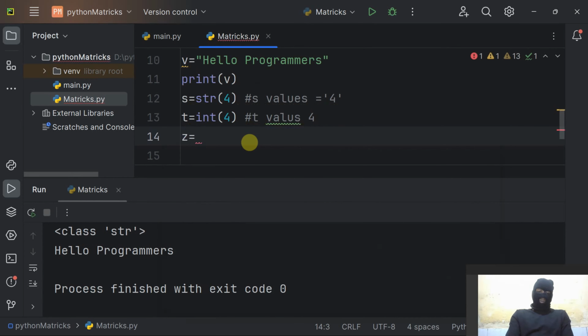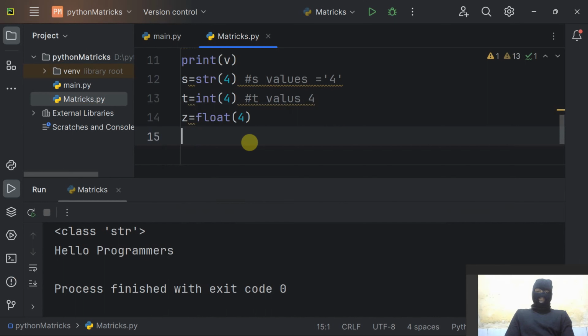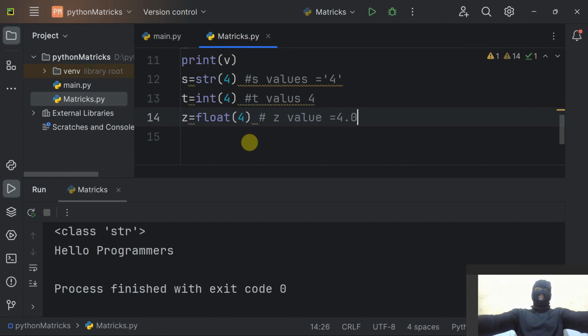Z equal float 4, which the value must be, z value equal 4.0, for example. So now we are going to display or to print